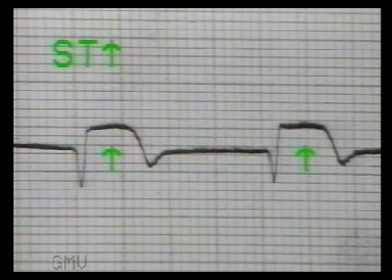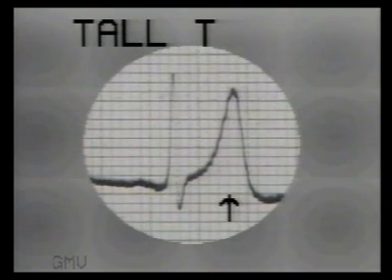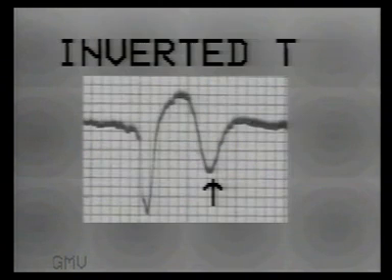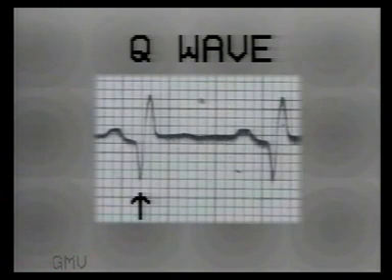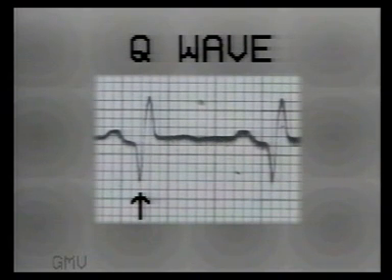This ST segment elevation will stay for 2 to 3 days and gradually return to base level over 1 to 2 weeks. The T wave, which becomes tall immediately on blocking of the coronary artery, becomes inverted after 2 days and remains inverted for 3 weeks. Then gradually it becomes flat and then upright over 2 to 3 months. The Q wave, which is an indicator of muscle death, appears after about a week and then gradually deepens and remains permanent, its size being proportional to the size of the infarct.